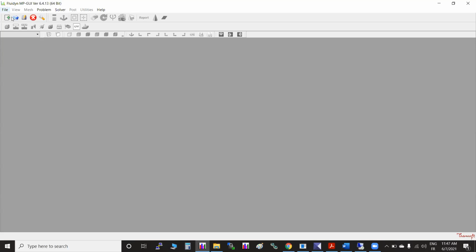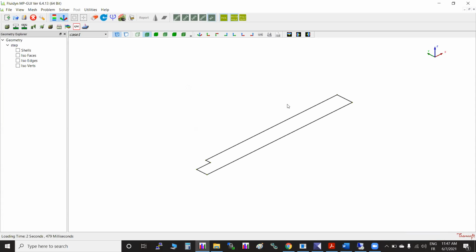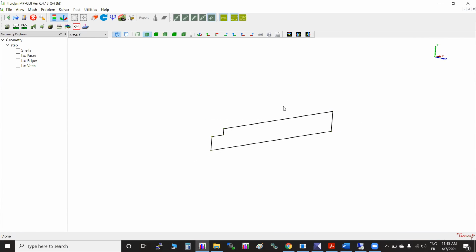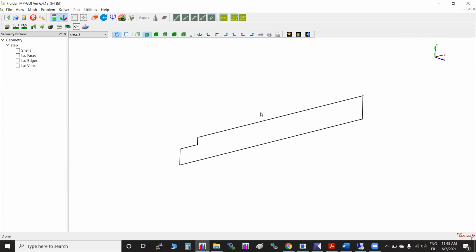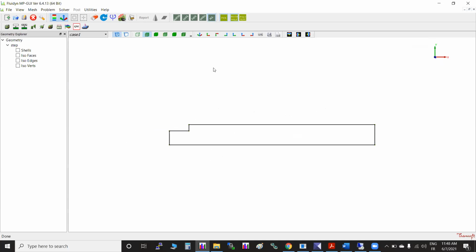So let us load this particular F3D file. We will start with step 1 first. Once you load it, it looks like this. Here you can have mouse control, whatever mouse control you want to try. The geometry doesn't displace from its position, so you can easily learn it. Like middle mouse click for zooming, left for rotating. Or keeping in XY planes, you can use these. So we'll focus on meshing.